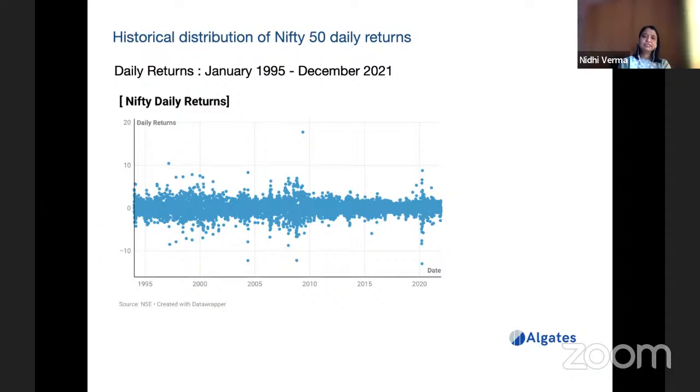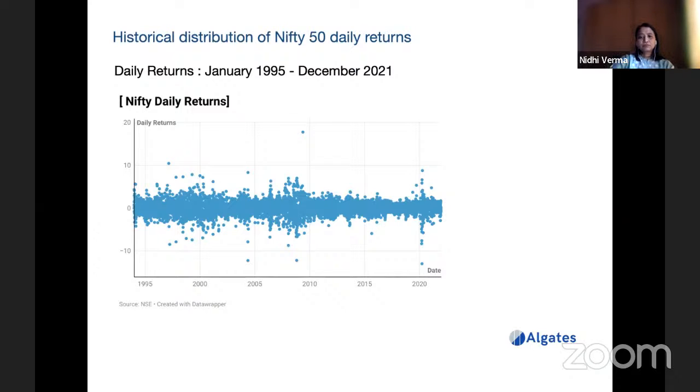So what happens is that if for a few days the market goes down, and at that time we liquidate our investments, then we lose the opportunity which comes along with this volatility, when there are good days and the market really goes up. So the point is that whenever there is volatility, the movement is both ways. To capitalize on this upside movement, what we have to do is simply stay invested in the market and not liquidate the investments.